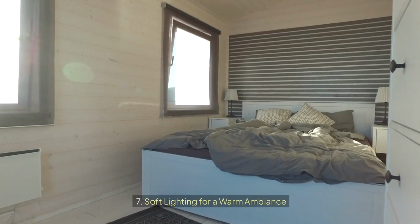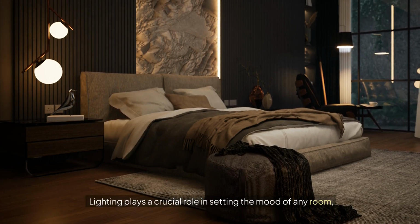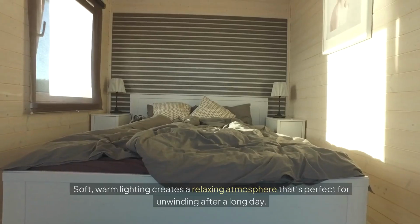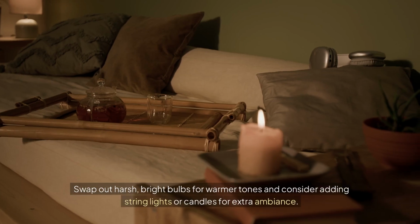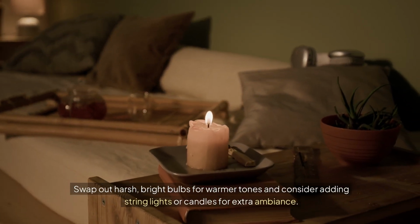7. Soft lighting for a warm ambiance. Lighting plays a crucial role in setting the mood of any room, especially when you're aiming for a cozy, fall-inspired space. Soft, warm lighting creates a relaxing atmosphere that's perfect for unwinding after a long day. Swap out harsh, bright bulbs for warmer tones and consider adding string lights or candles for extra